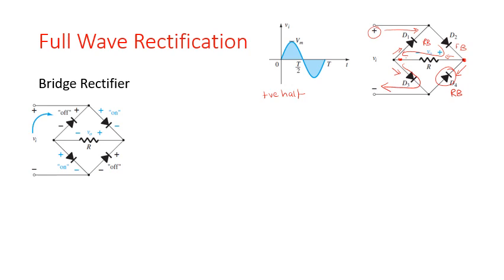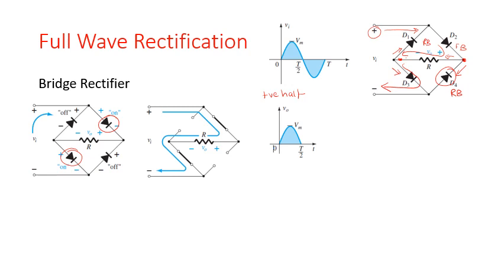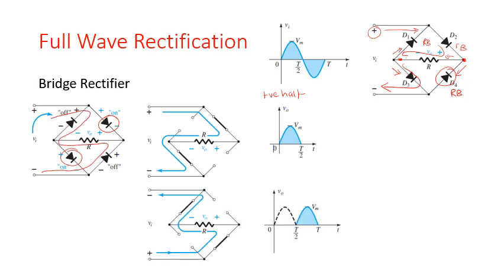So in the positive cycle, this is forward biased, so it's on, and this is forward biased. The method that you're going to use is going to look something like this, and the waveform that you're going to get is shown on the slide. In the second half cycle, when it is reverse biased, diode D2 and diode D3 will become reverse biased, and these two will be forward biased. So you're going to start from here, move in this direction, then come here, go here, and then come out. It's going to look something like this, and the waveform that you are going to get is shown alongside. So over here you've got 4 diodes, that is double the number of diodes,